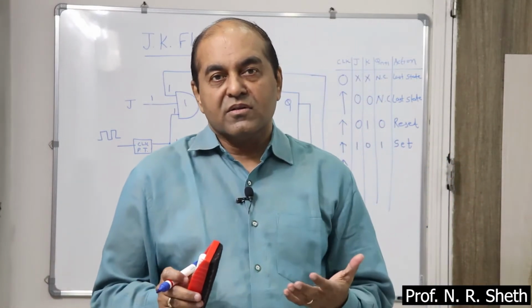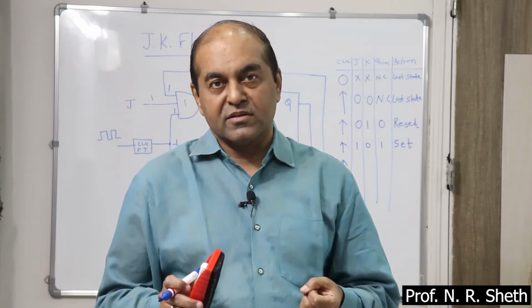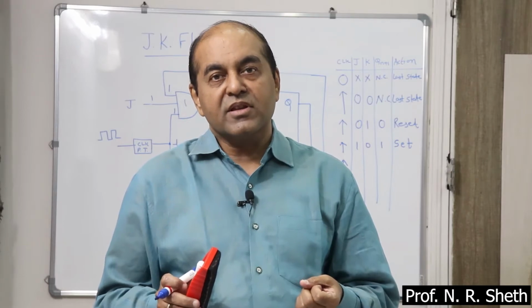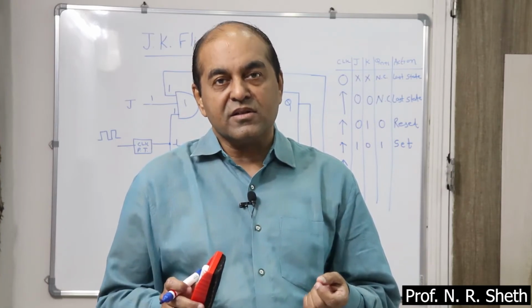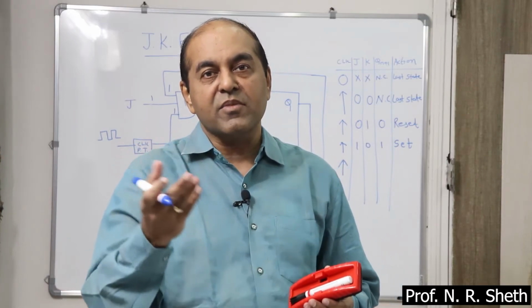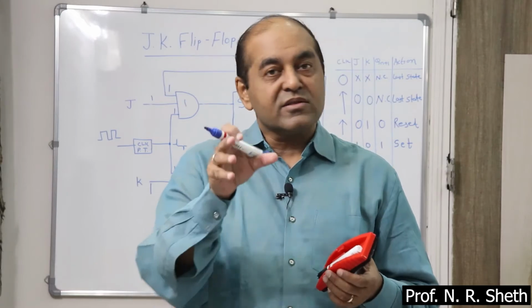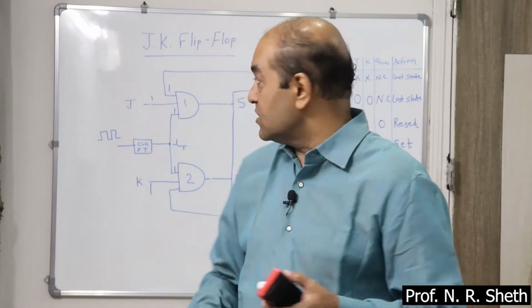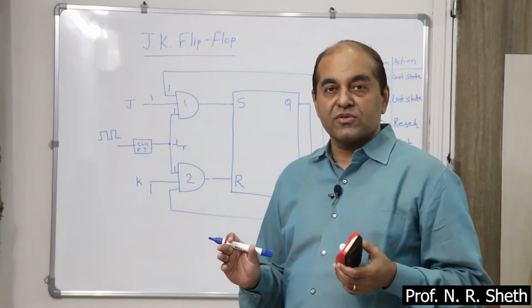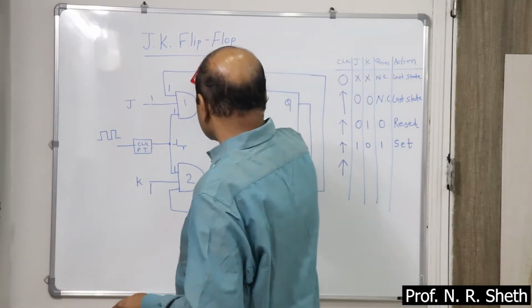Digital counter, see, in earlier times, people manually counted things. Nowadays, everything is digitalized, so counting is digital. In banking also, in earlier times, the cashier counted the notes manually. Nowadays there is a machine, so that is a counter, a digital counter. So in a digital counter, this JK flip-flop is used. Okay, let's discuss this case.